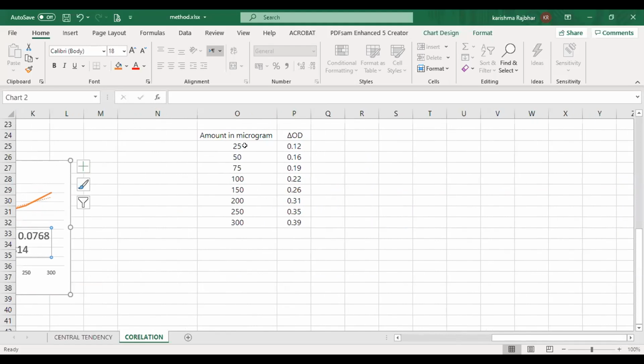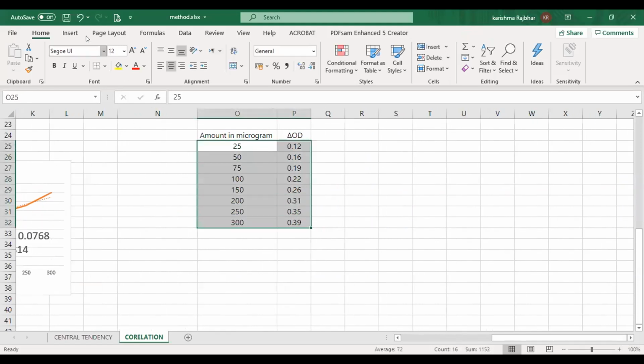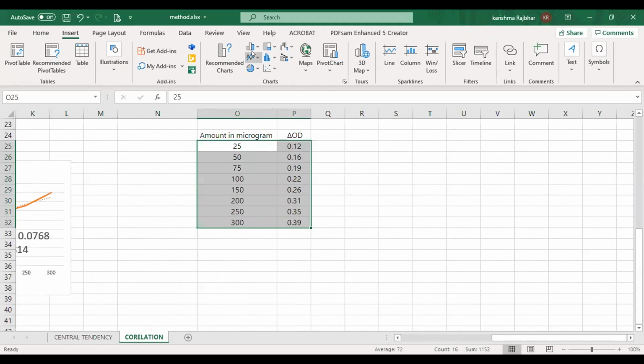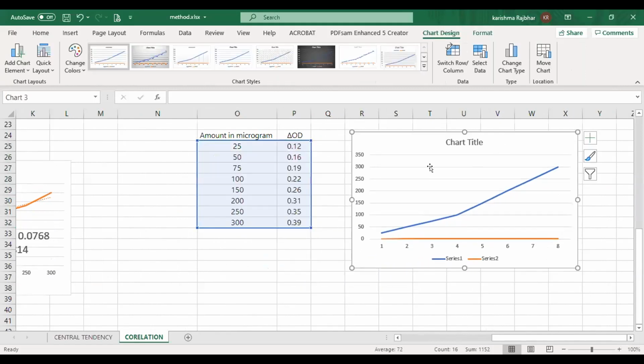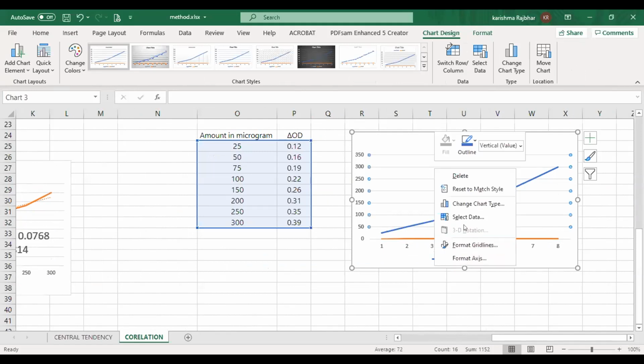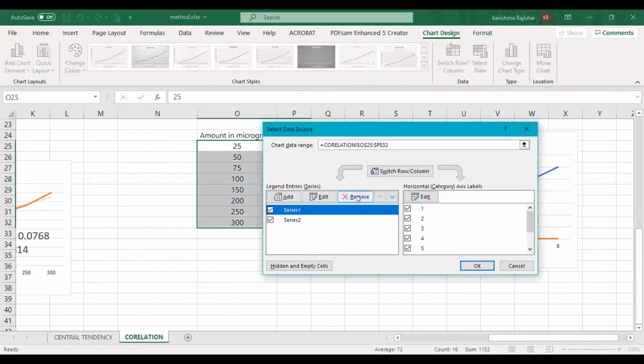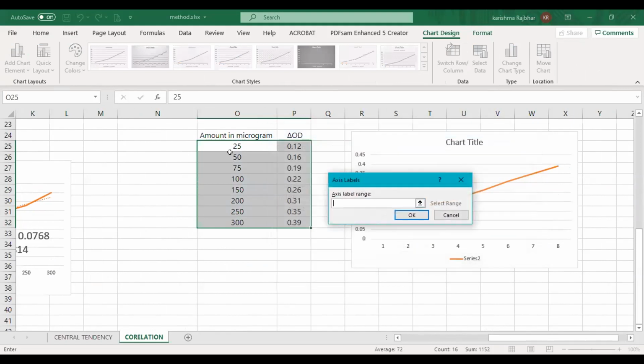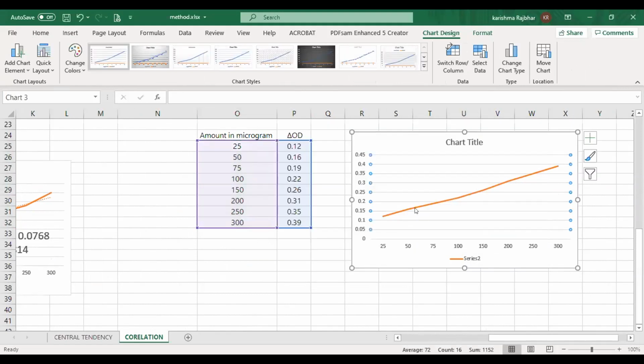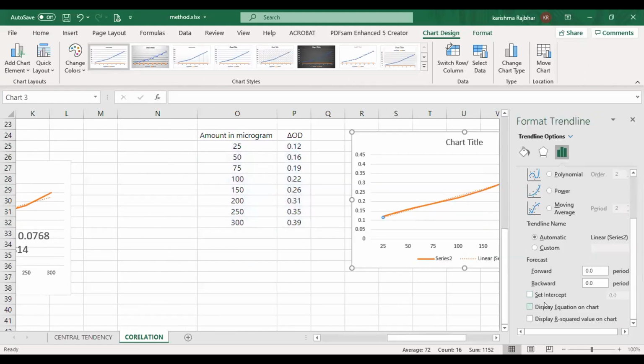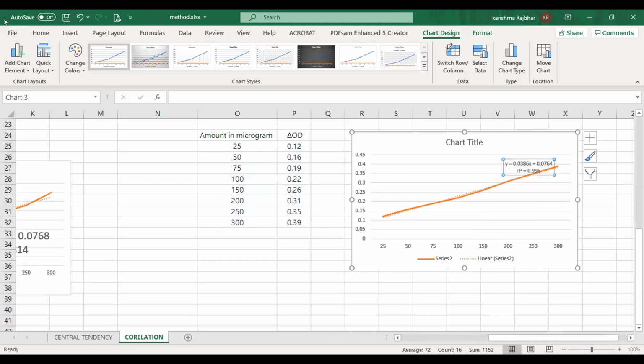Means the experiment was repeated and we have got new data, and now we will see what is the difference between these two data. So I am just making a selection, removing and editing the x1. See, this is a trend line. I am selecting and displaying the equation and the R square. Okay, and I am maximizing it.